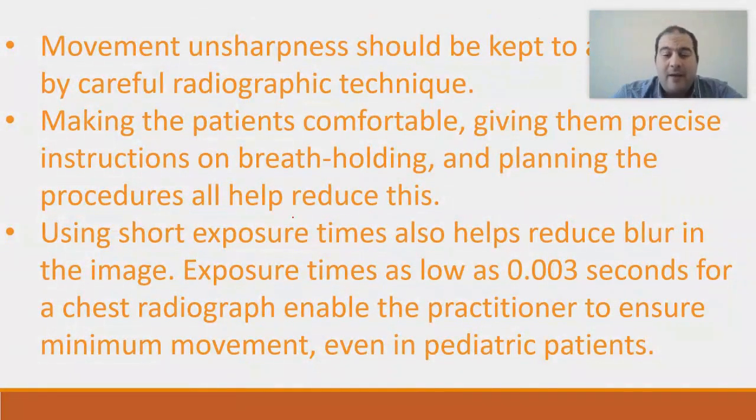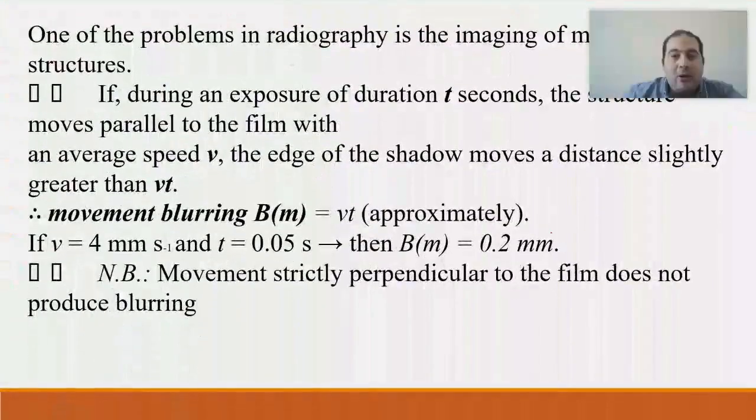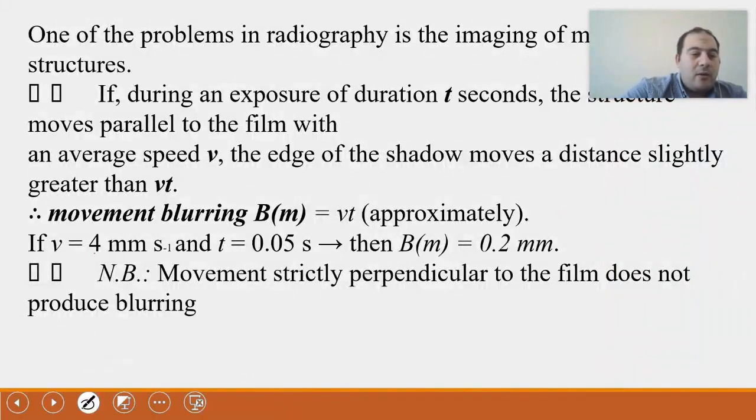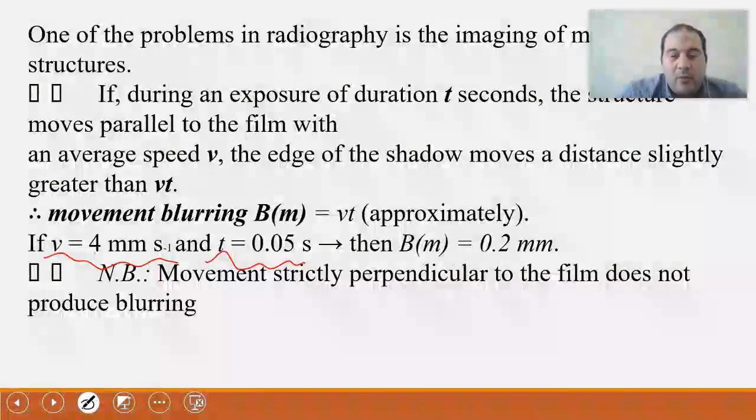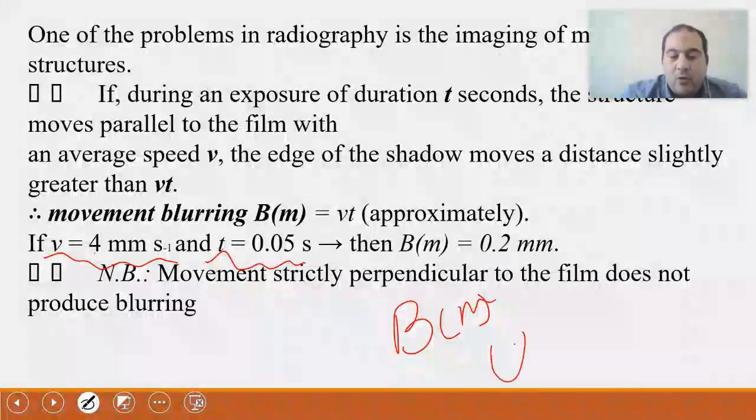Now, if you want to calculate the movement unsharpness or the motion blurring that occurs, you need to know the velocity at which the object is moving and the exposure time, or how long it moved. You start from the relationship between speed, distance, and time. For instance, if you know that it moved 4 millimeters per second and you know the exposure time during which it moved, then you would say that speed equals distance